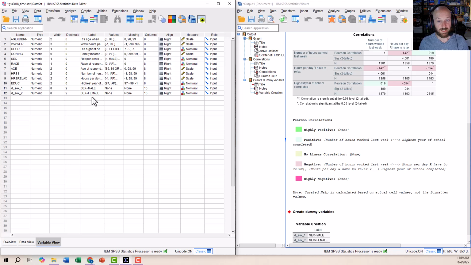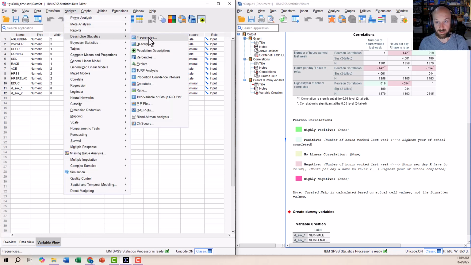And typically what this means when it says it's a dummy variable for, say, female or male, is that sex equal female means female is going to be coded as 1 and male is going to be coded as 0. And we can double check this to make sure that we understand what is happening here by going to Analyze,